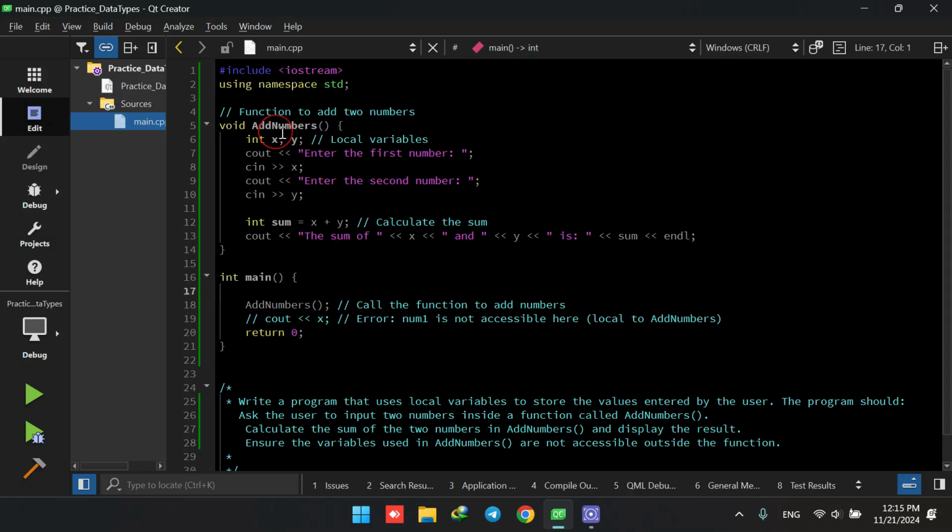Instead of that, we are doing everything in add number. So here we are declaring two variables, x and y. And because they are defined in add numbers, they are inaccessible in any other function. So they are local variables. And we are asking the user to enter the first number, we are storing it, then we are saying, okay, enter the second number, and then we are storing it here. Then we have another integer here that is called sum,